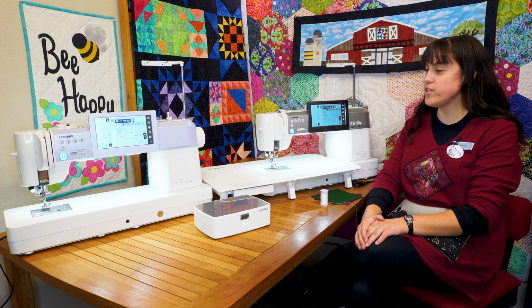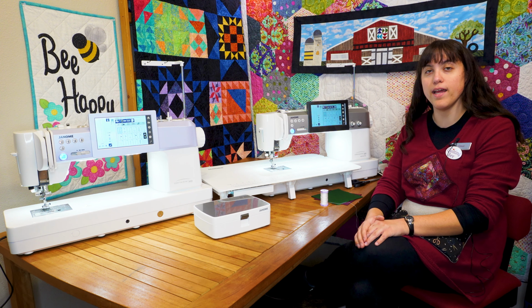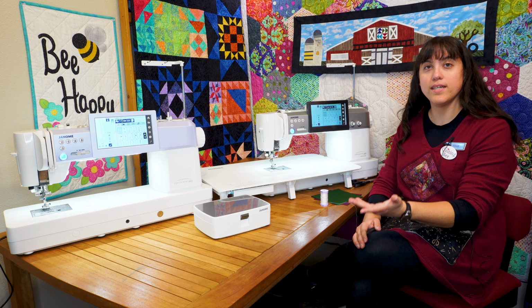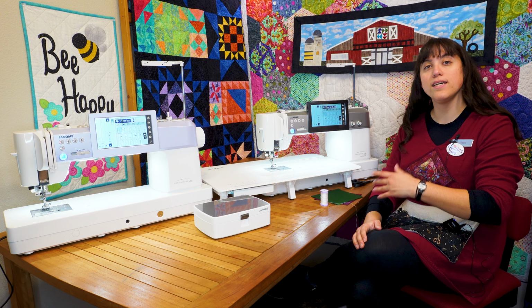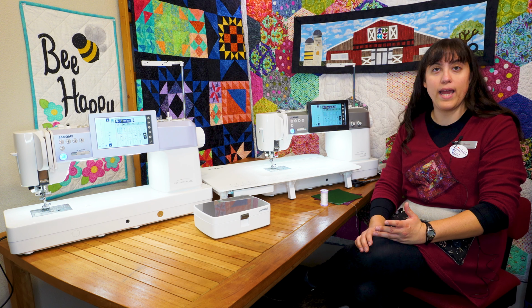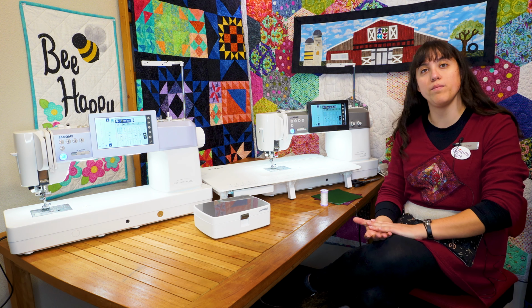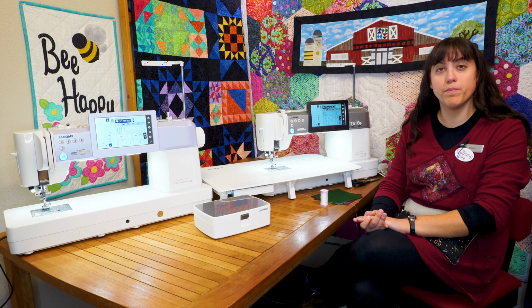So the first thing to know is that they are replacing the current Continental M7. The numbering is no mistake. The M6, the M7, the M8 gives you a sense of where in the line they sit. The M7 will be going away. And so at the end of the video, I'll talk a little bit more about who the M7 might be right for, which you need to jump on if you do want it, because it will be replaced by these